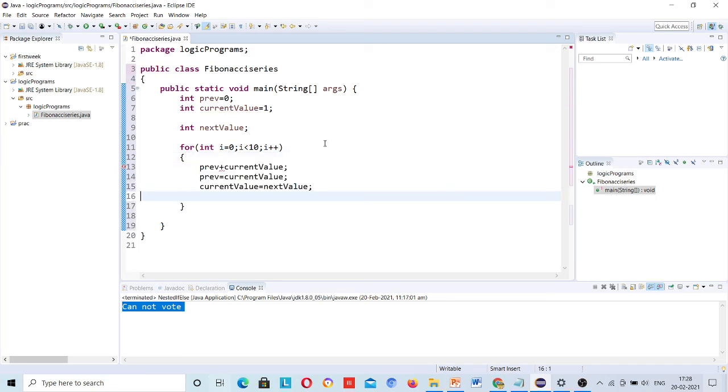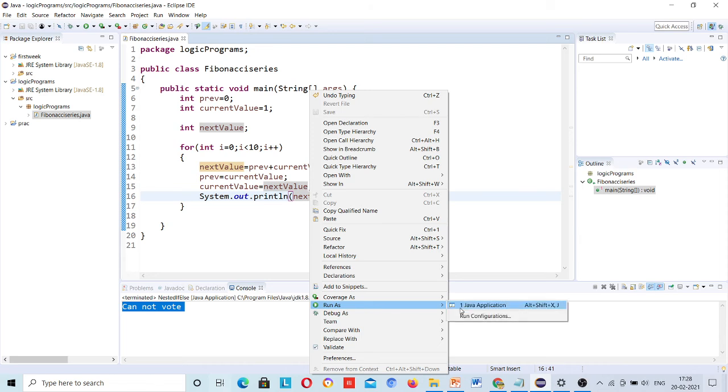And after that, of course, I have to print the next value, because next value is your series next number. Just run this.